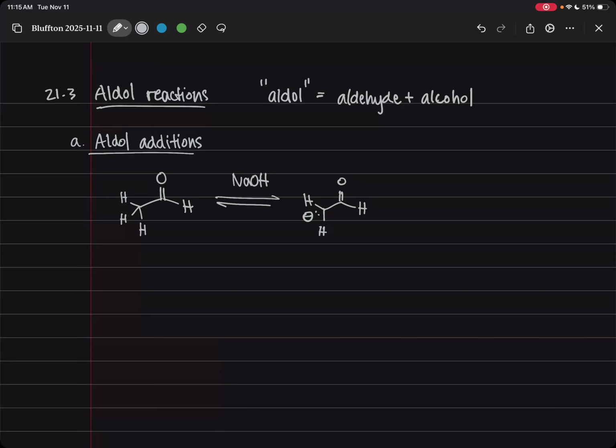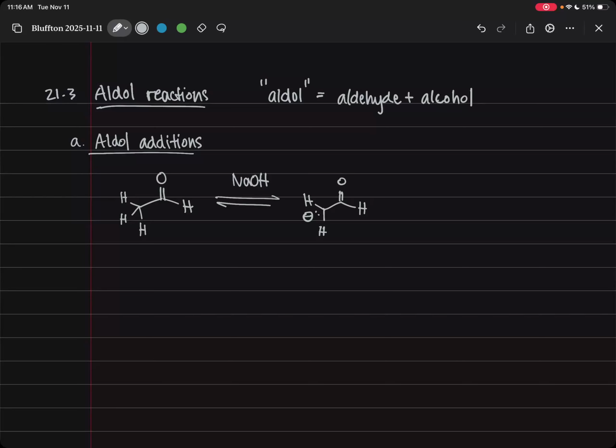So today we are going to start kind of the meat and potatoes of this chapter, which is aldol reactions. When I took organic 2, I thought that there was some guy called Aldol and he came up with the aldol reaction, but that is not the case. Aldol is just a combination of aldehyde and alcohol. So there is no German guy named Rudolf Aldol or something like that. I don't know. Anyway,